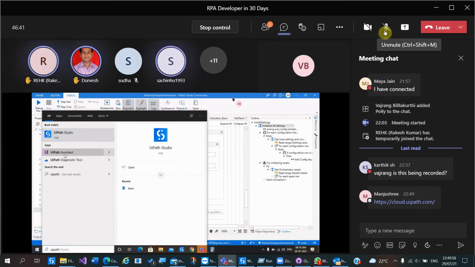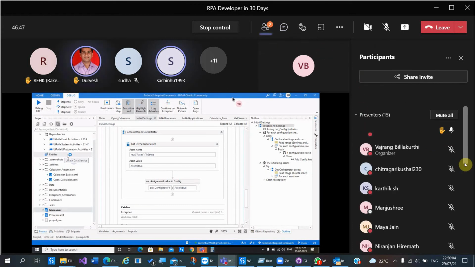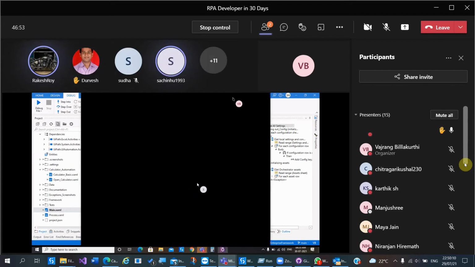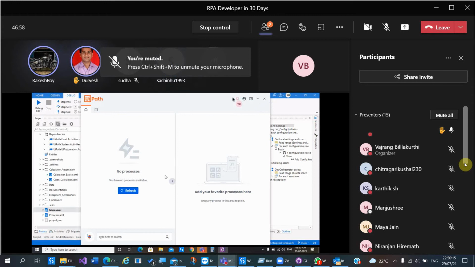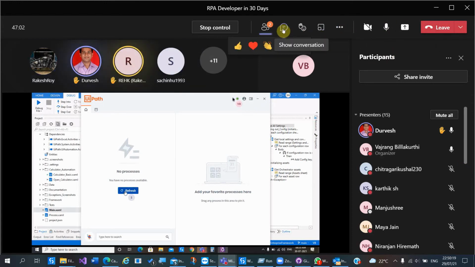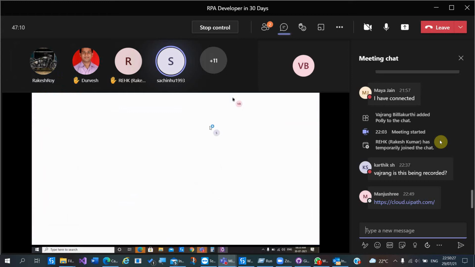Yeah, second one. Okay, you're getting messages. Refresh. Click on the green button, right hand top. Sachin, people are helping you in the chat as well, go check that.